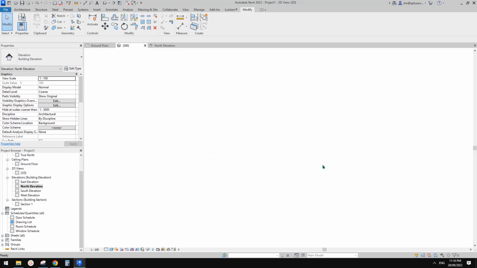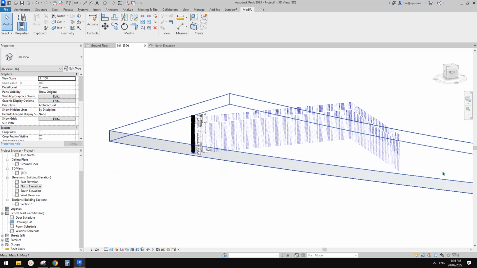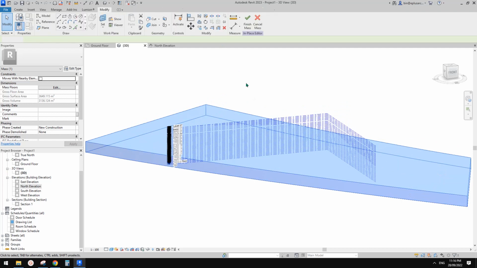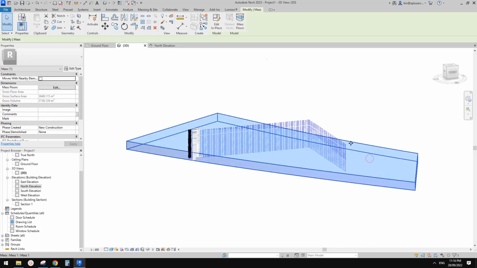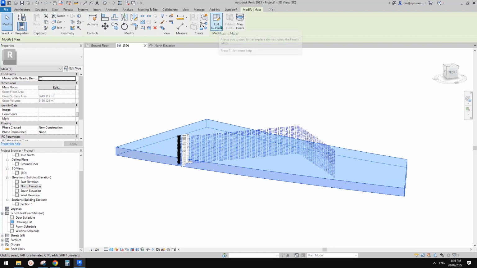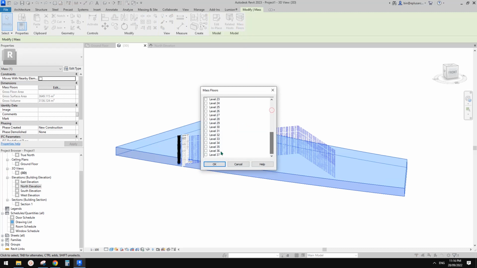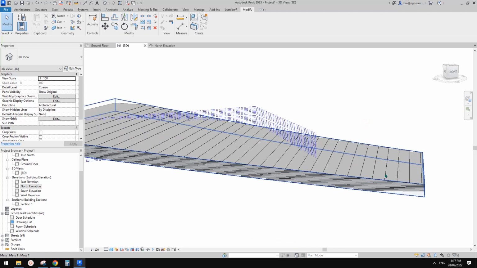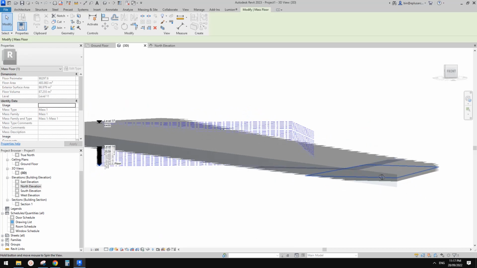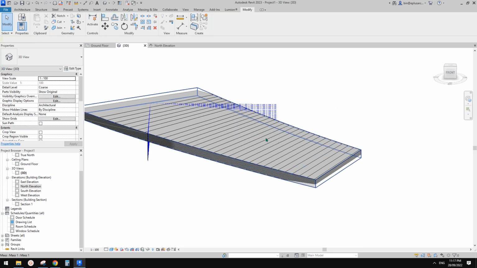So let's go back to 3D view, select this mass, edit in place, and I'm going to create mass floor. Oh, hang on, finish mass. Select this mass. Yeah, we don't need to go in edit. We just need to click on this mass floor and select all these levels. Just make sure you check the box and OK. So now you will see all these are mass floor, and we can use them to create